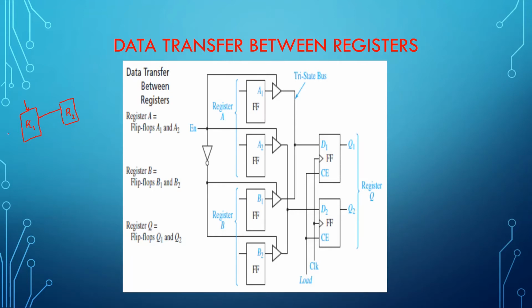In addition to that, I also know that when I say it's a register, it should have a clear input, a load signal, and a common clock signal which is connected to both the registers. In fact, my clear is also connected to register R2 and my load signal has also been connected to register R2, which means that all the signals are synchronous signals which have to be connected to all the registers.